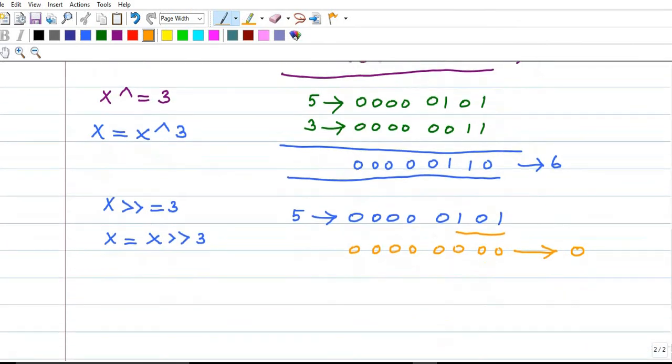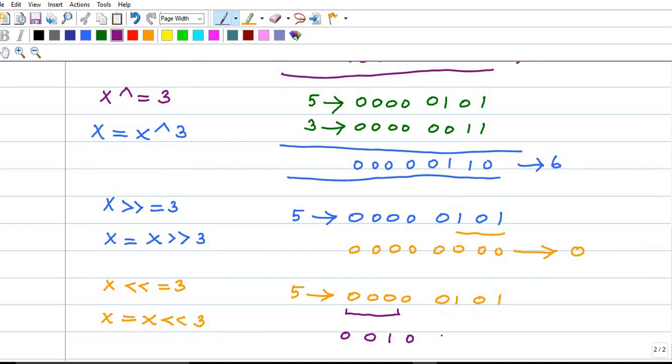In the same way, we can do left shift and assignment. It's something like this: x less than less than equal to 3. This is nothing but x is equal to x left shift 3. If x is 5, this is the binary equivalent. I'm going to left shift by 3 bits. So these 3 zeros will go. The remaining things I'm writing as it is, 0 0 1 0 1, and the remaining values are 0.